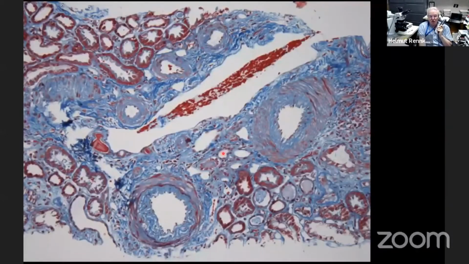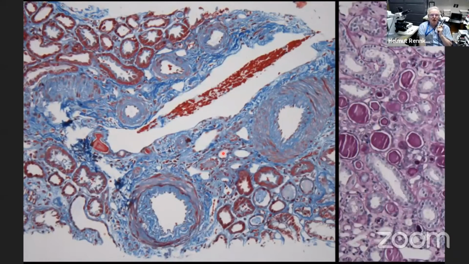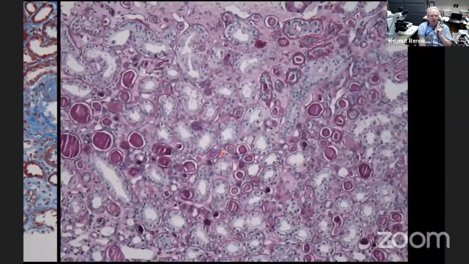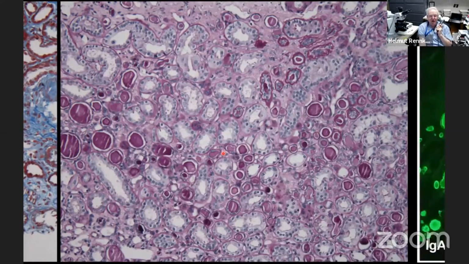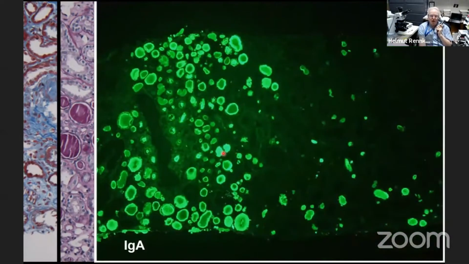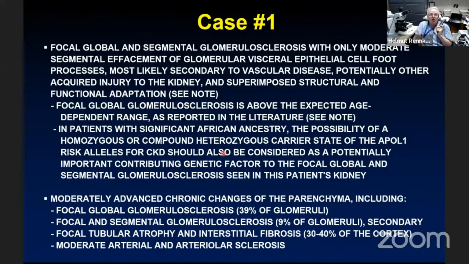So this patient has, of course, bad vascular disease, as I already pointed out, a striped type of fibrosis. You can see here in the outer medulla, the atrophy with a cast nephropathy, which of course is mimicked by the immunofluorescence in the form of polyclonal IgA hyaline casts in these stripes of atrophic tissue. So this patient has focal, global, and segmental sclerosis, most likely secondary. And of course,